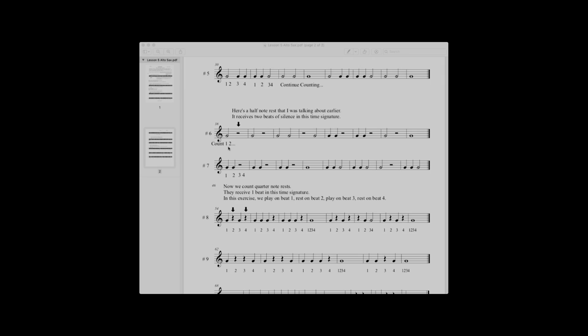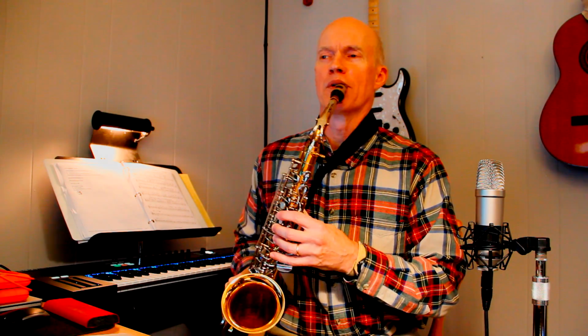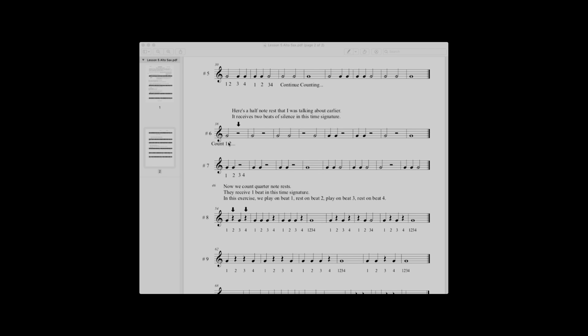So number 6, ready, and tighten up the neck strap just a little bit. You always want to make sure that the saxophone's coming to you. You don't want to crane down your neck to number 6, and you kind of use your right thumb to push it up into place. Number 6, and 1, 2,